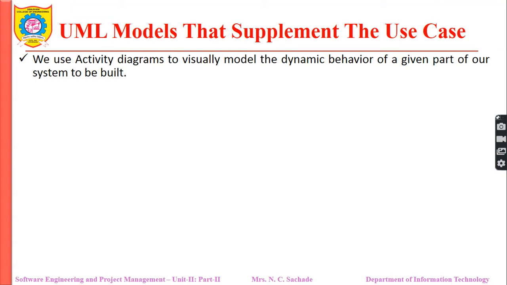But now in this case we were not depicting how at runtime it will behave. So with the help of activity diagram, we can show that if the password entered is incorrect, what will happen? If password entered 3 times incorrect, what will happen? So this kind of dynamic behavior it is possible to represent with the help of activity diagrams. So before we start with it, we will first learn the notations which are present in the activity diagram.